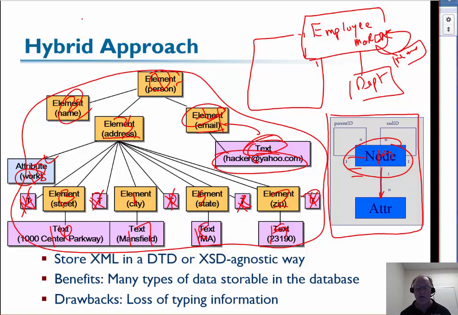All right. So since we know a well-formed XML document forms a tree, this can store any kind of XML document, no matter what the grammar is, representing the DTD or the XML schema. Since it's generic like that, that's its benefit, right? I can apply that pattern to any XML document. However, I'm representing things now as node and attributes, right?